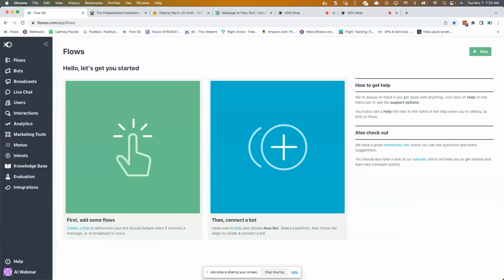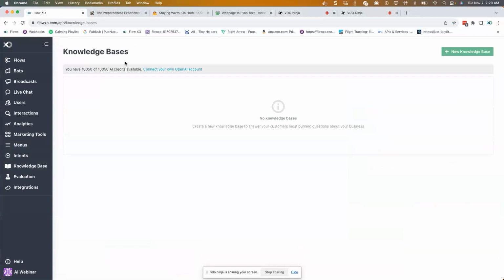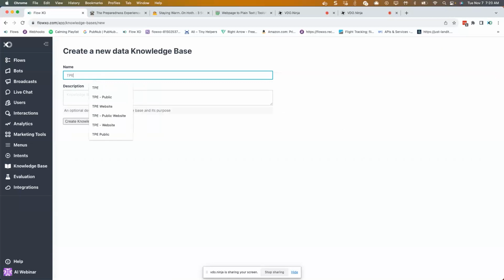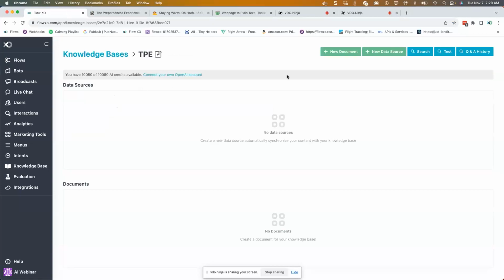All right, so the first step in setting up a RAG-based AI agent is to connect your website to FlowXO. To do that, we have to use our knowledge bases feature and create a knowledge base. So we'll create a new knowledge base. We're just going to call it TPE. And so now once you have a knowledge base,